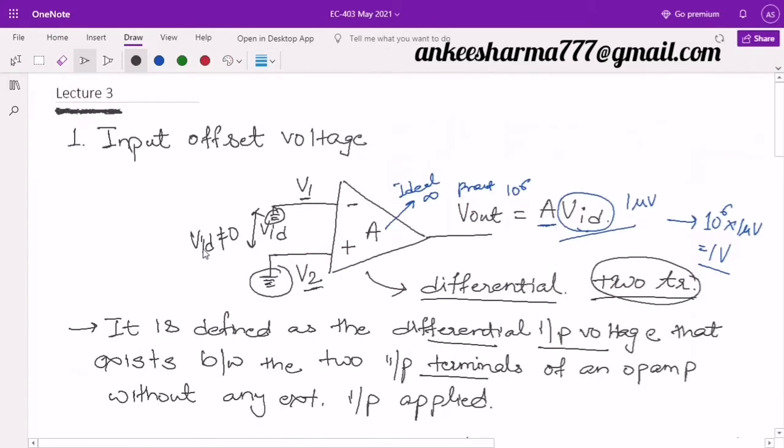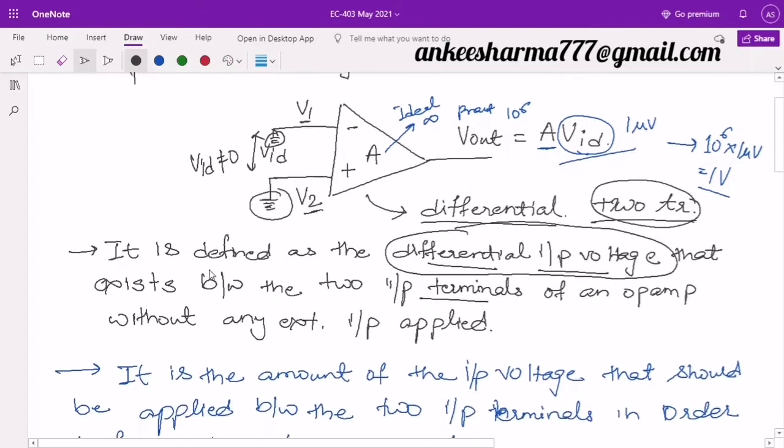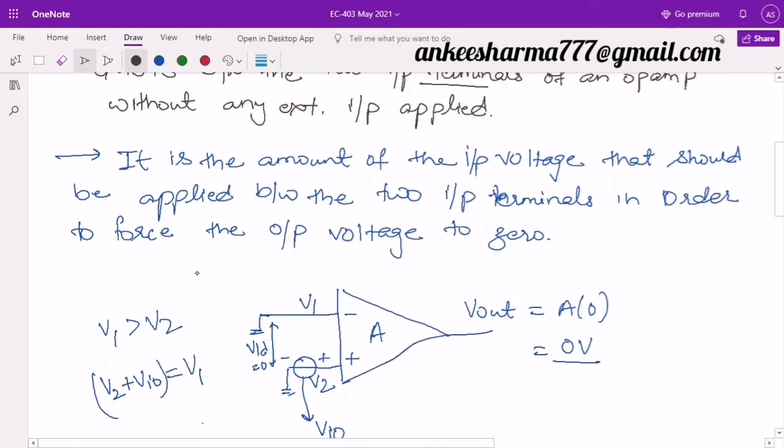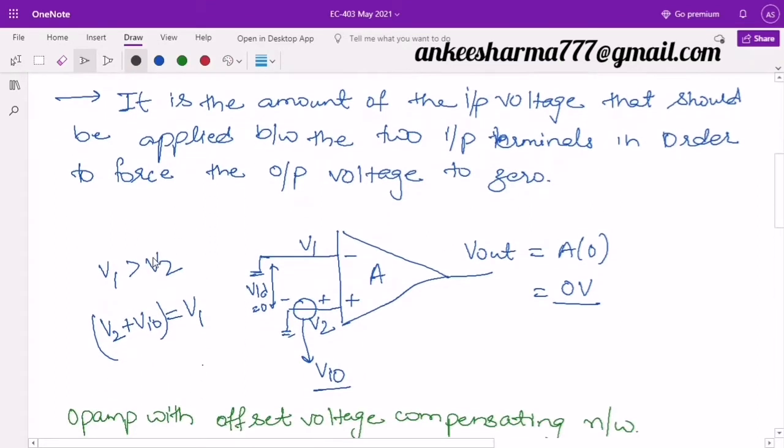So I guess it is clear to you what an input offset voltage is. It is nothing but the voltage that is available at the input terminals of an operational amplifier when no external inputs are applied, and it is due to the bias voltages or the DC voltages that we have applied for these two transistors. As the first stage is the differential input stage, it is important to remember that no two transistors can be the same. It means these two transistors will have different inputs at their terminals. Similarly, you can also say that it is the input offset voltage which must be applied to either of the terminals of the operational amplifier to make your output voltage zero. That is also input offset.